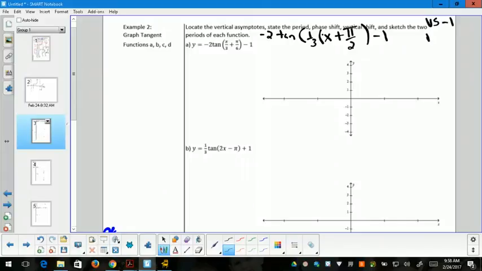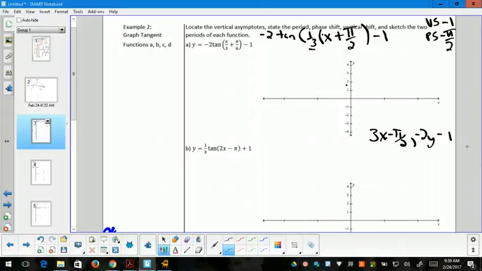We have a phase shift of left pi over 2. We have a horizontal stretch of 3. So in terms of what I'm going to do to x, I'm going to have to do 3 times x. Because of this number right here, we're going to do 3 times x minus pi over 2 to get our new x coordinate. To get our new y coordinate, we're going to do negative 2 times y minus 1 because of the